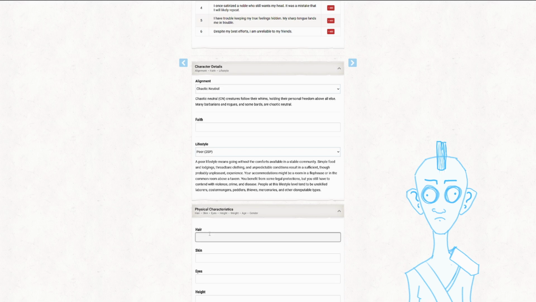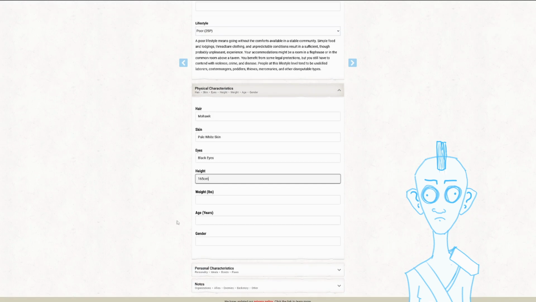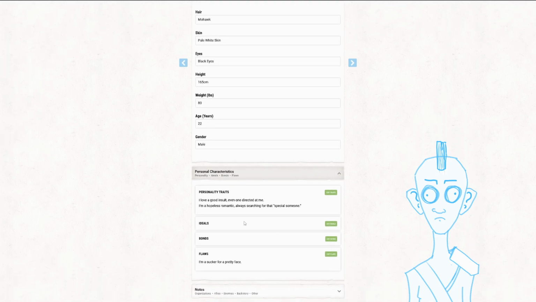Let's say he has a mohawk, he has pale white skin, black eyes, he is 165 centimeters. Obviously you can convert it to whatever you want. Here it uses pounds, but I don't know what pounds are. So we'll just say he is 80 kilograms at the age of 22. He is a male. And then you can see that the stuff we added earlier gets added into the personal